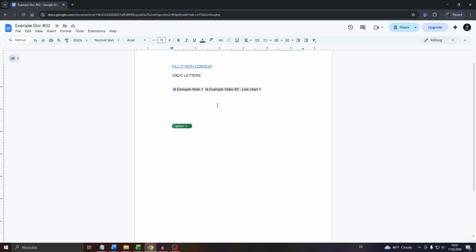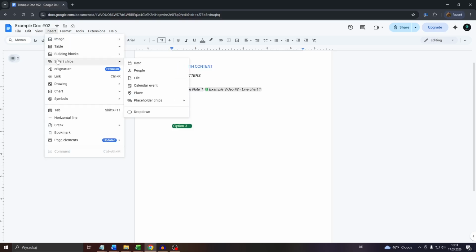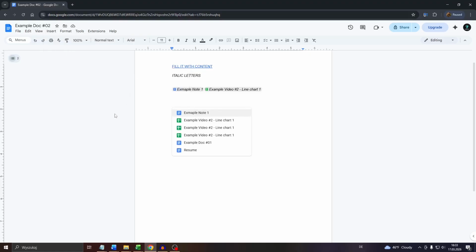What you need to do, guys, is navigate to the Smart Shapes feature. To do that, click into a new line here, navigate to Insert, and hover your mouse over Smart Shapes. And then you will see these options to the right: Date, People, File, Calendar, Event, and so on and so forth. Choose File, and then you will see a list of, for example,